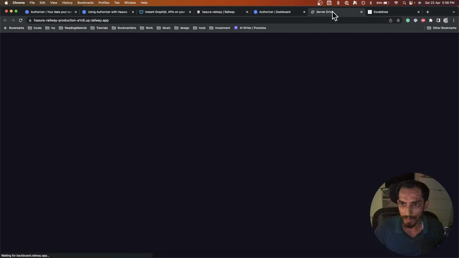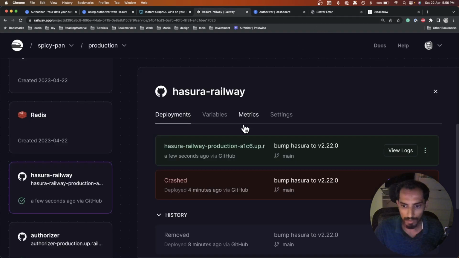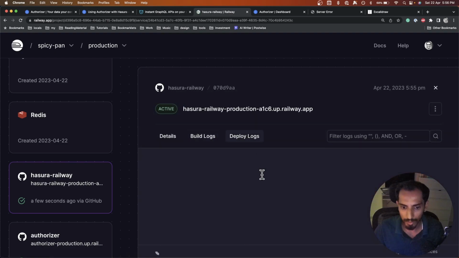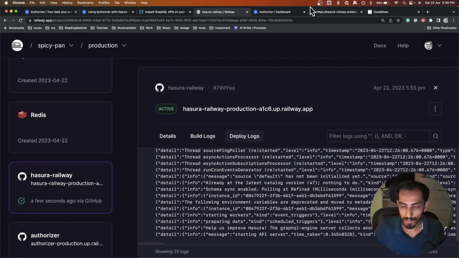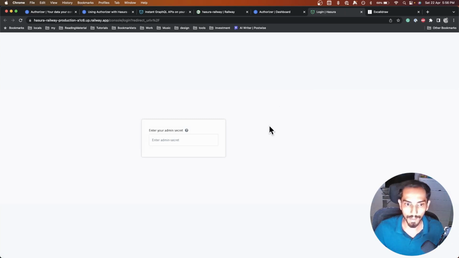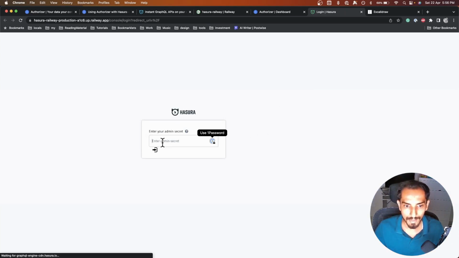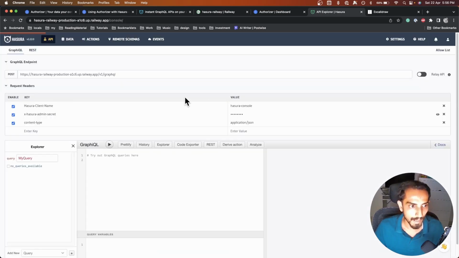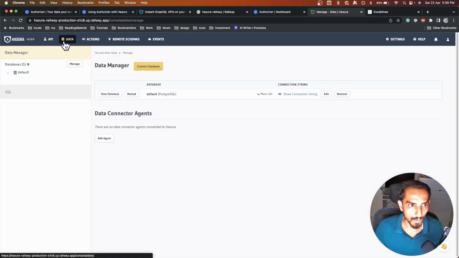Let's try to open that, and it still shows server errors. So what we need to do is again check the deploy log. It says it's up and running. So as soon as I reload this, it is asking me to enter the admin secret. Now I can enter the same, and as you can see, once I enter that secret, then only I can access the data. So now I go to data again,